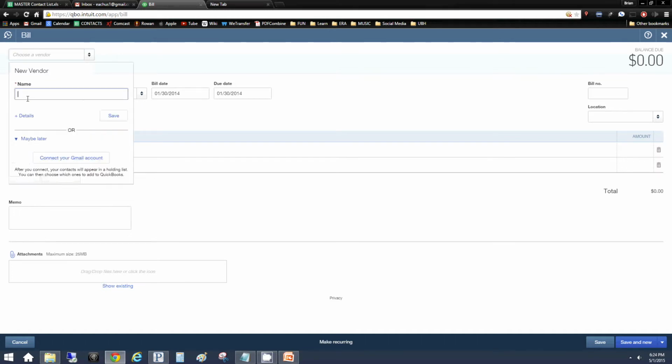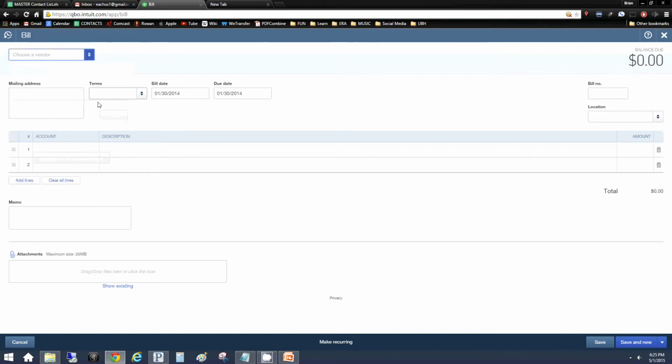Let's say this vendor is Sony Water. It's kind of the same as the other invoices, very similar. It's a bill date, bill due on. So the term's going to be 30 days. The bill date is 12/17/13, and the due date is 30 days past. So it's 17 plus 30 would be